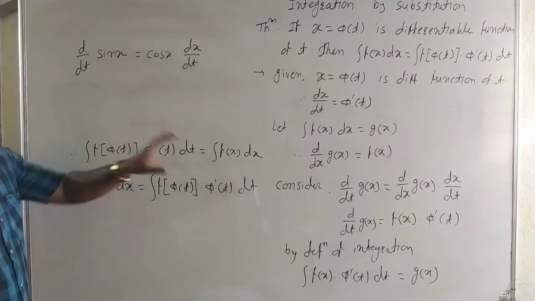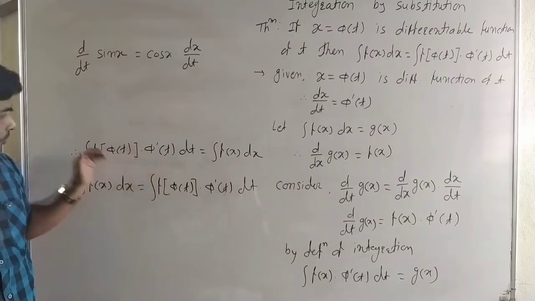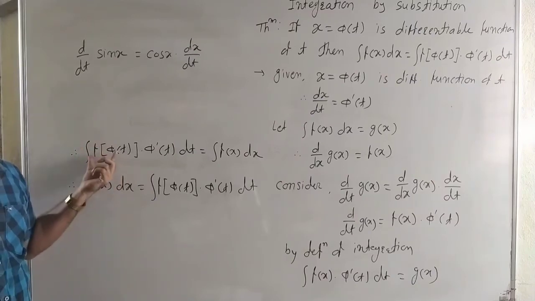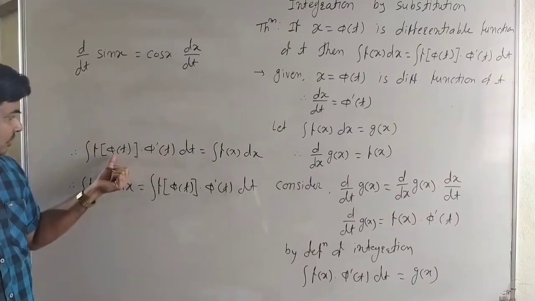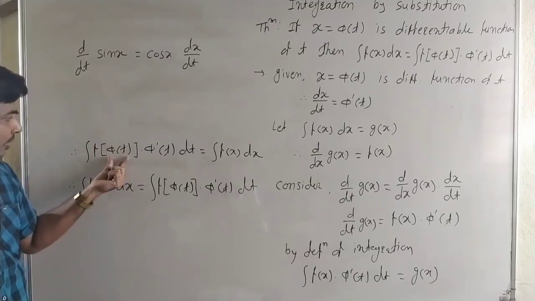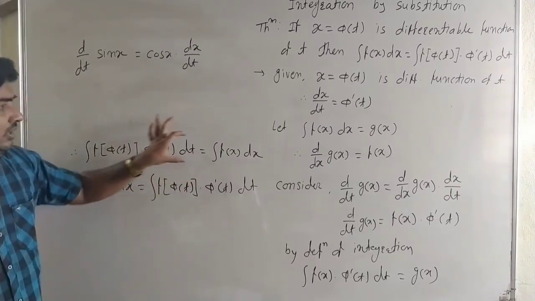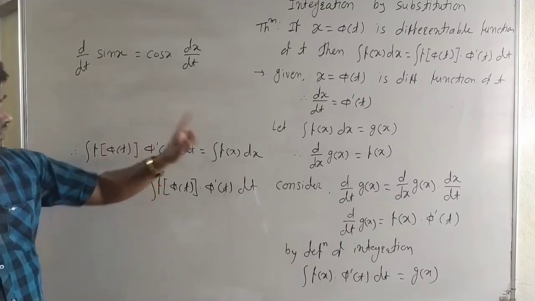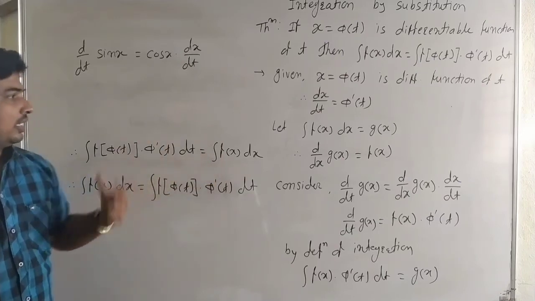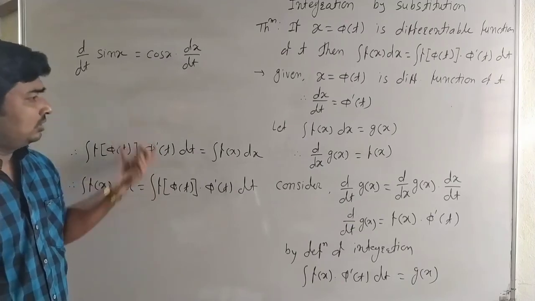Here see carefully, this is the theorem of substitution, meaning our question is of this type, in composite form. f and phi are two functions, and f of phi of t is a composite function, with the derivative of phi of t as a multiple of dt. Our problem is in this form, so we can convert it by substitution into the standard form and then find the standard integral of this function. Okay, this is the theorem of the substitution method. Now we see the corollary of the theorem.